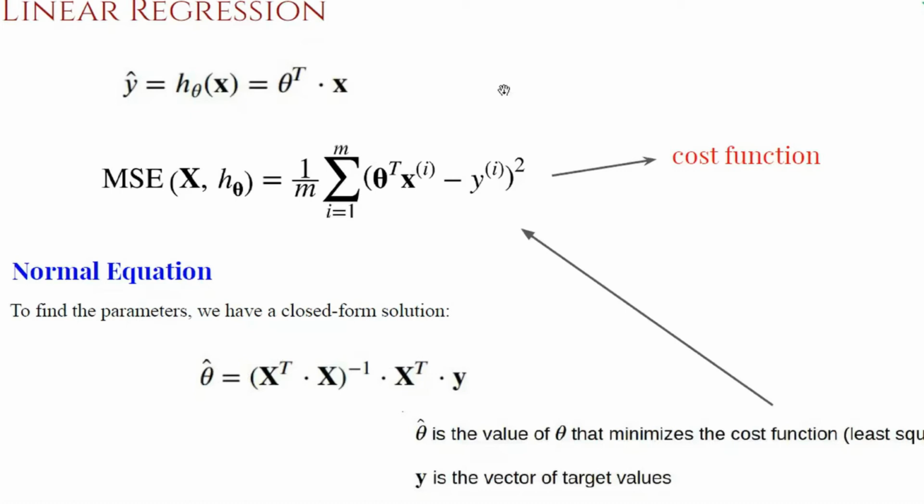So this is our objective function. X and Y, they are our training samples. This theta is the unknown. So our question is to find those values of theta which minimize this expression. And there is a closed form solution which straight away gives us the values of theta that minimize this expression. And that is estimated using this normal equation, which is the closed form solution for this expression.